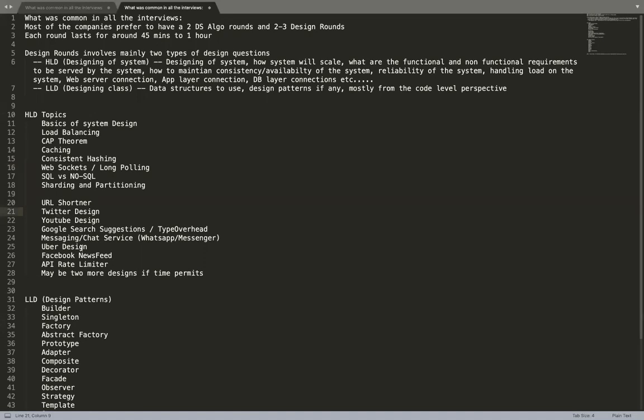Okay, let me explain. Generally, as I mentioned here very clearly, you don't need to implement any data structure for high-level design. There is actually no code written specifically for high-level design. Generally, the code is for your low-level design. Whenever you are designing classes, that comes under low-level design. Whenever you are designing your system, that comes under high-level design. When you write a design document and talk about scalability and reliability, all of that comes under high-level design. But to actually support high-level design, you need low-level design.